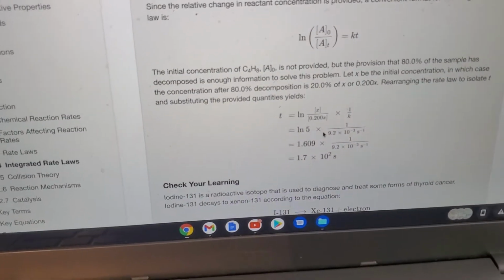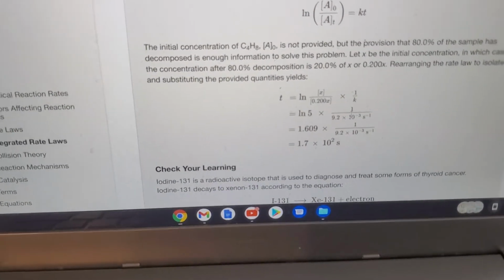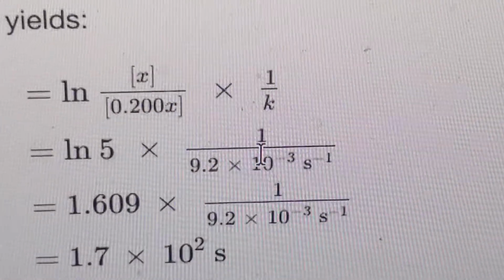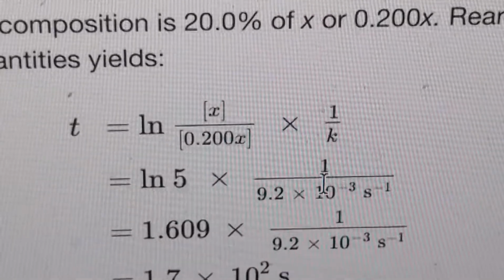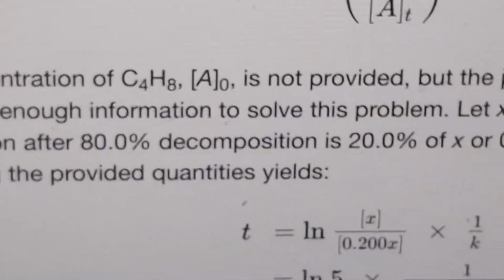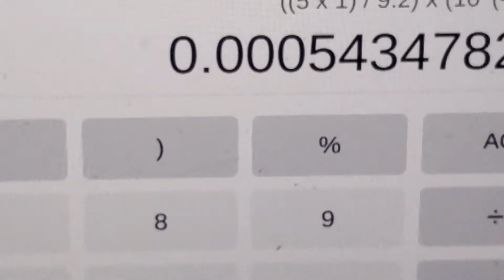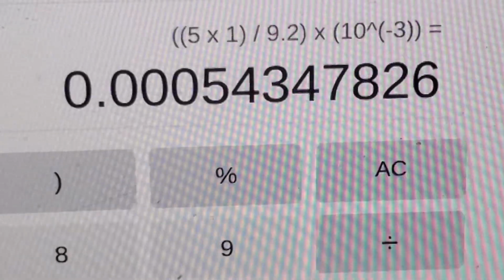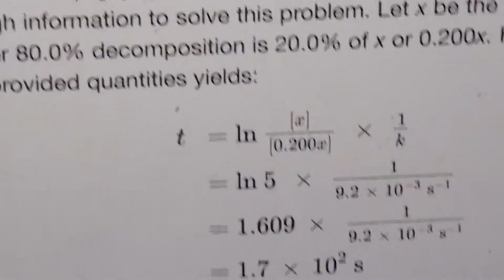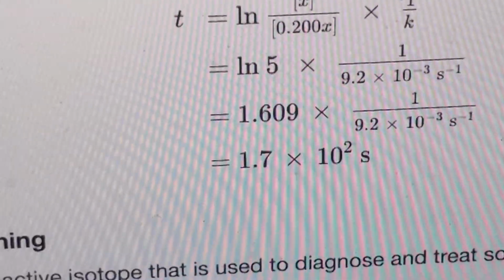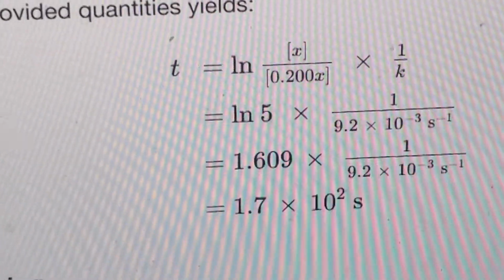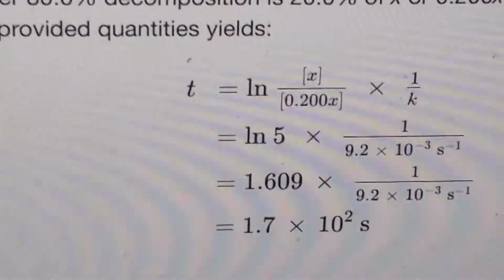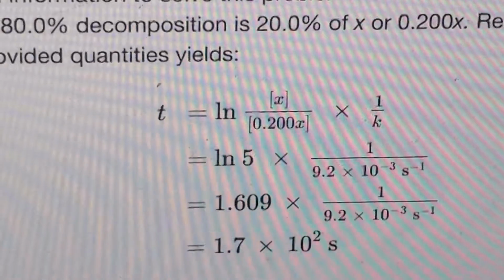Now, you take that number and what do you get? 0.00054347826. What? Okay, well, the first part was right, to be fair, which is 1 times 1 divided by 0.2